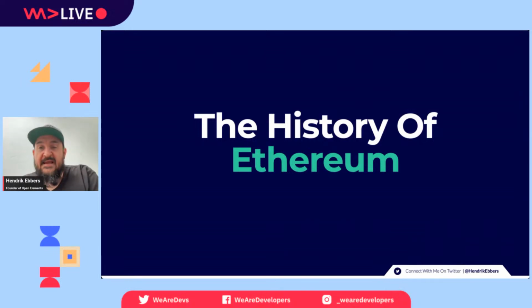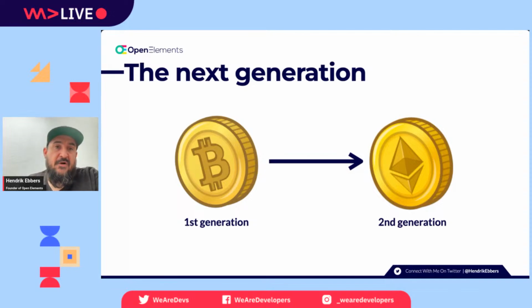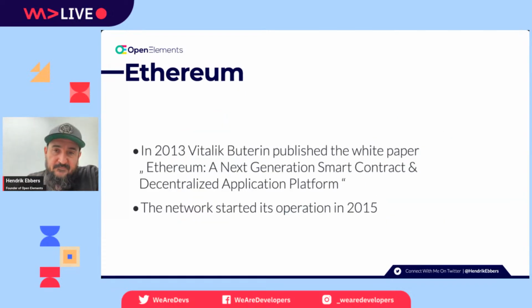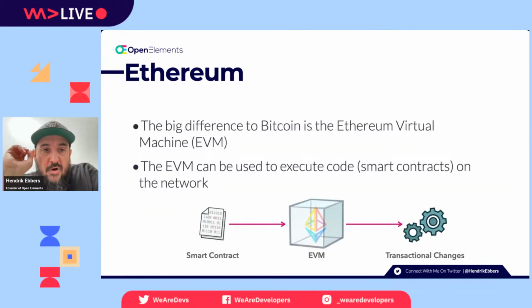Okay, so let's have a look at Ethereum as the second network. When I talk about Ethereum, I talk about the second generation of crypto technologies, because it has a lot more functionalities than the Bitcoin network, next to being way more sustainable, as we've already seen. Ethereum was invented by a white paper in 2013, and the network started its operations two years later. And the important point of Ethereum is the EVM, the Ethereum virtual machine,